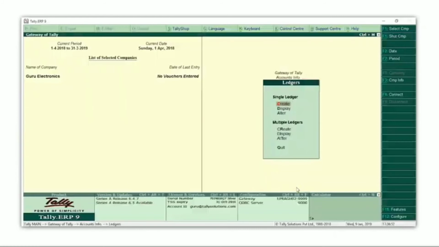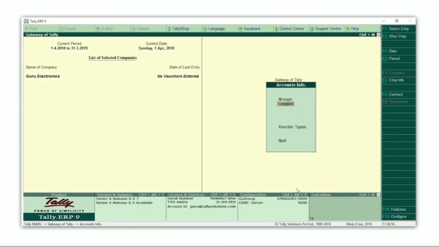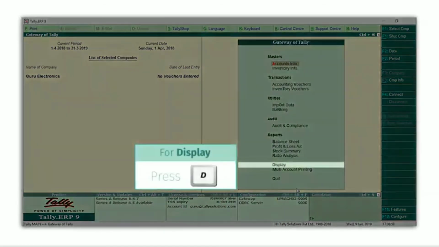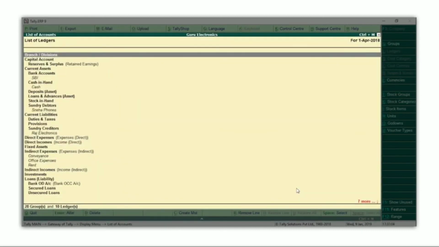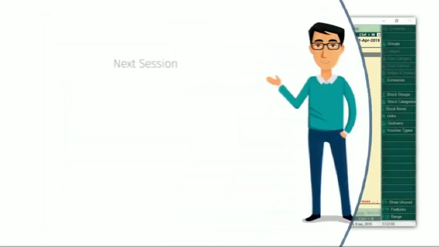At any time, if you want to see your chart of accounts, press Escape and come back to the gateway of Tally. Press D for Display, press L for List of Accounts, and your chart of accounts is automatically created, containing all your ledgers. In our next session, you will learn